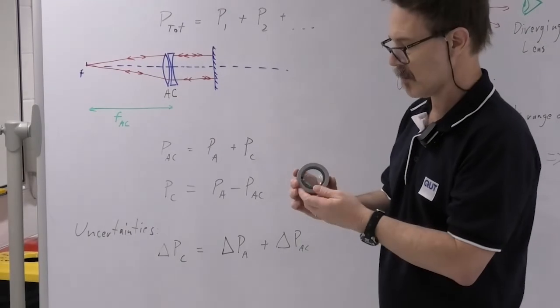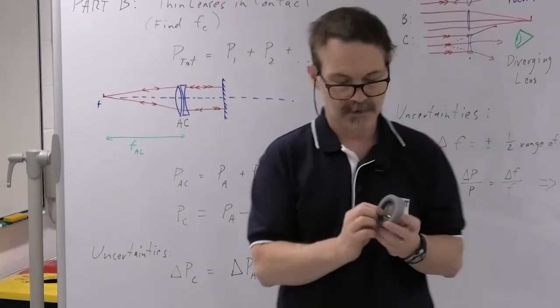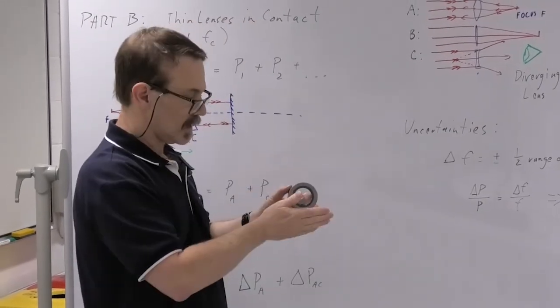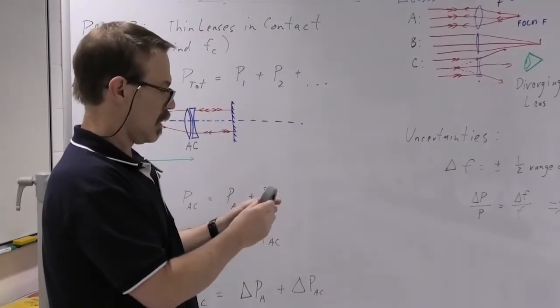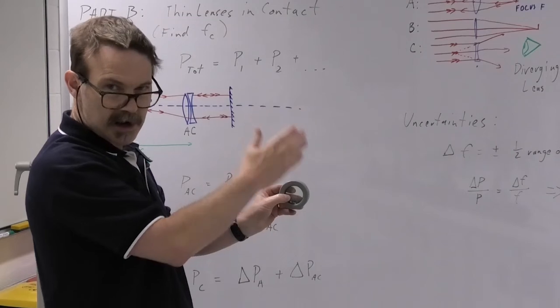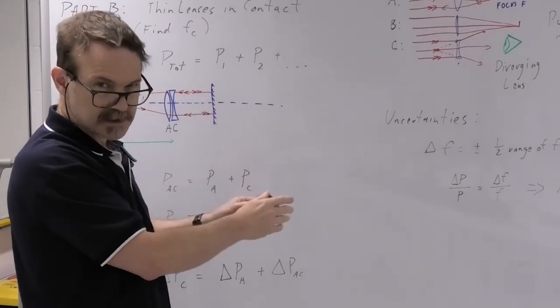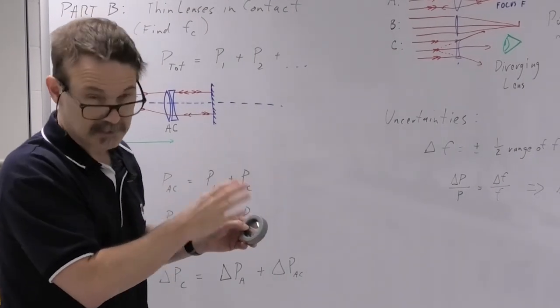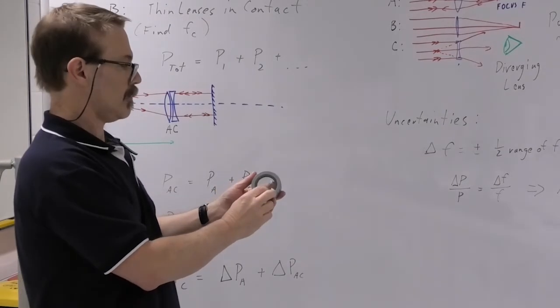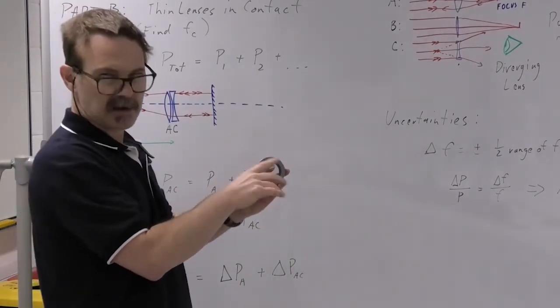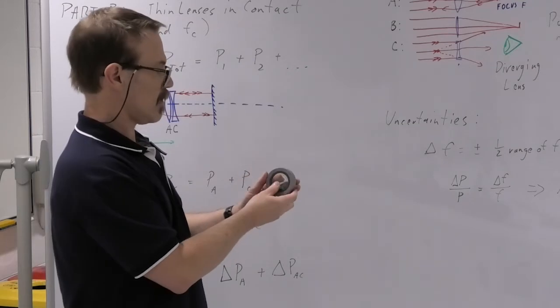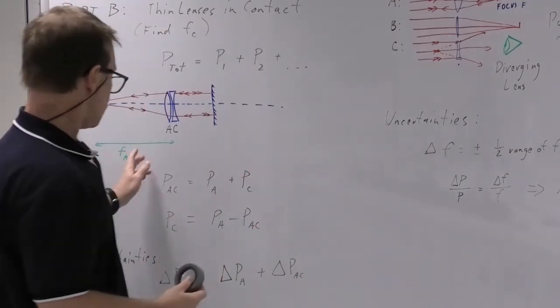I would also recommend having the bulgy side of lens A towards the object, because the concave surface of lens C can sometimes give you an image that will fool you. Just a bit of reflection off the front of the glass. You won't get that if lens A is that way. So you can do that